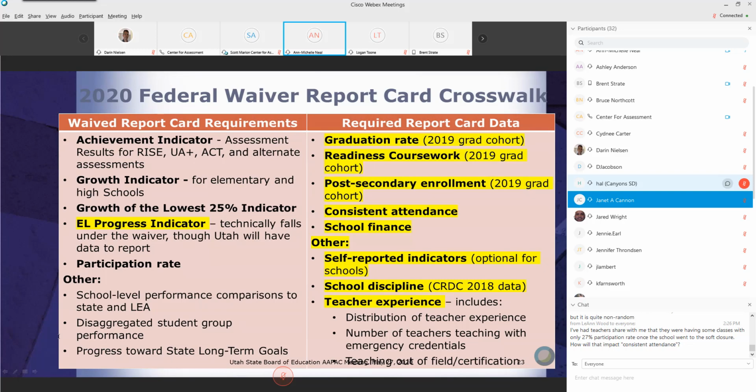I see Leanne has a really important question about consistent attendance in the chat. School finance is on a little bit different calendar, but school finance serves as a good example. They've already adjusted their calculations for average daily membership to only count the days that schools were in